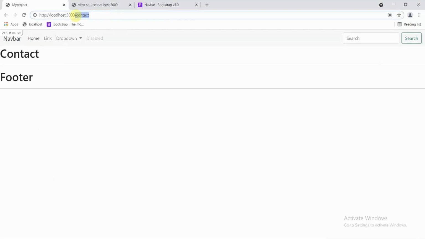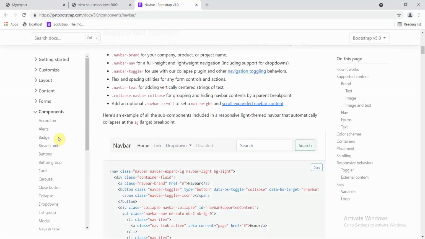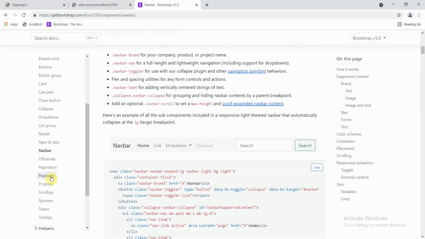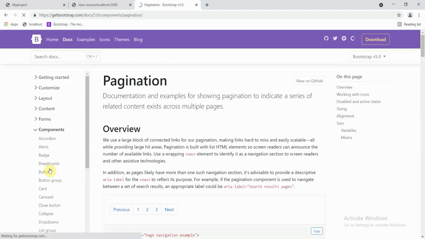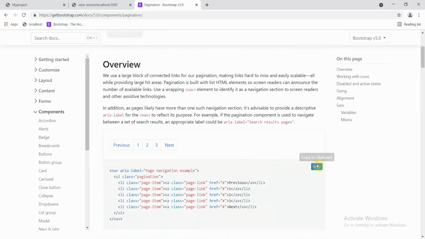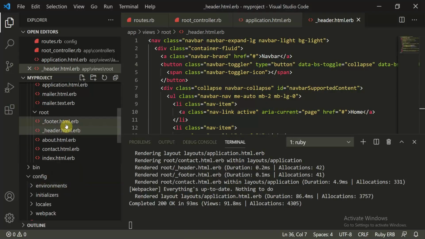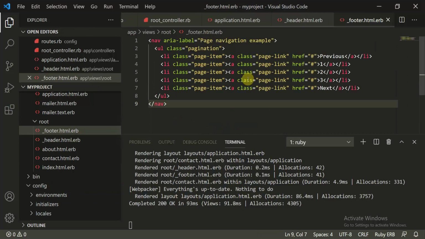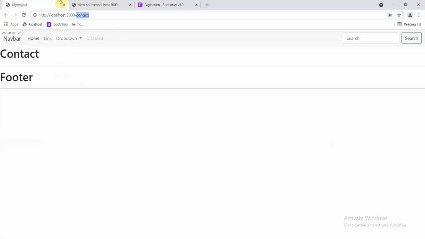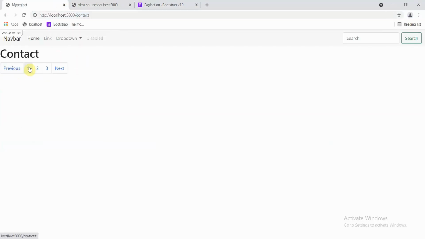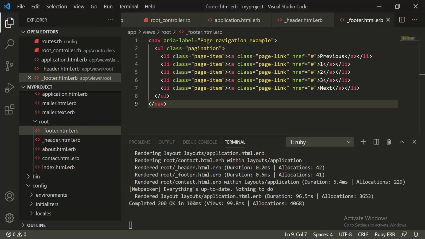So everywhere it's been included. For the footer, just as an example, I'm using this pagination, and let's move to here, and let's remove this, and let's add this, and let's refresh the page. So here you can see how simple it is to add. Okay, this was just to show you how things work. Now this was a pretty good and decent exercise.